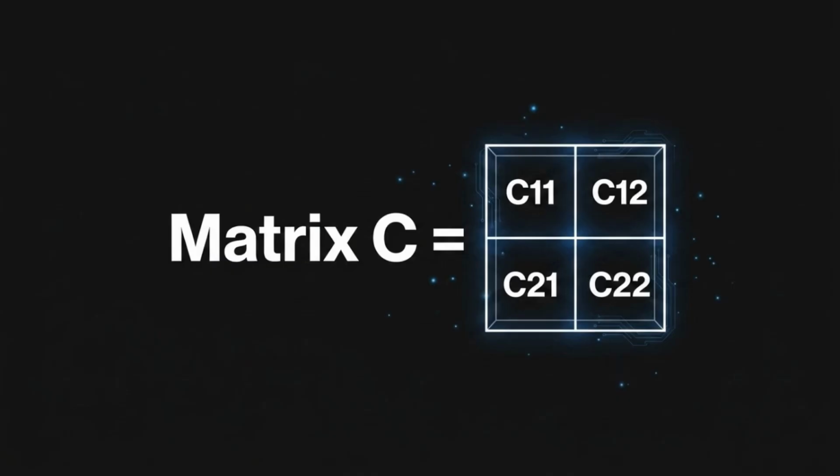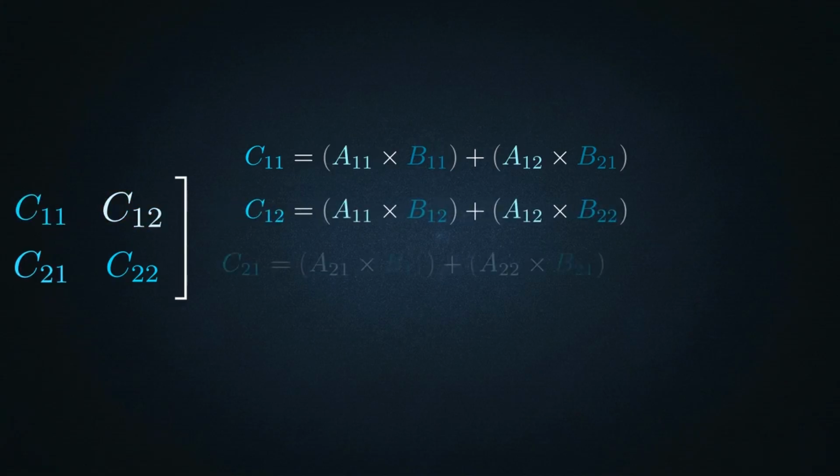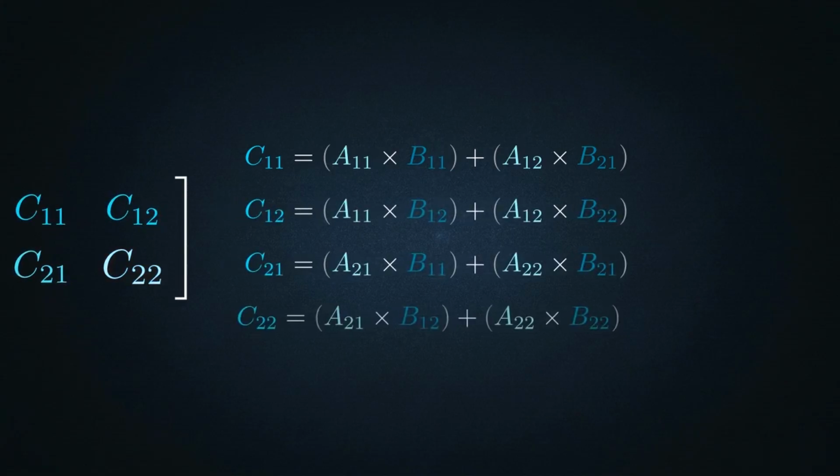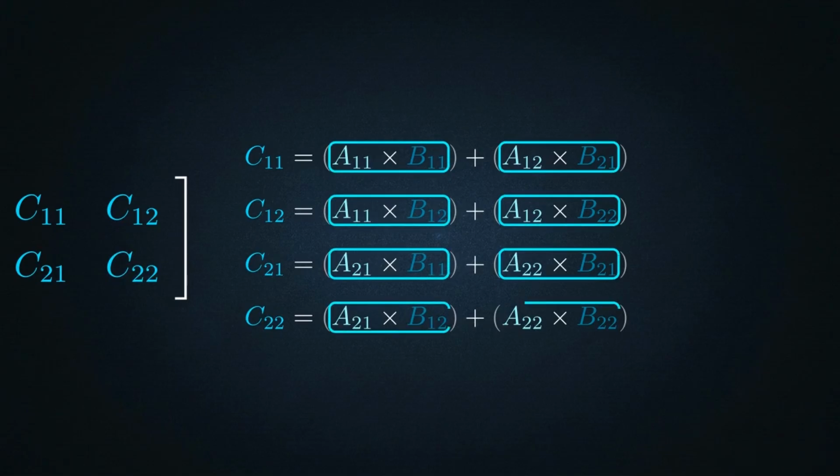We can now define the math of the final result matrix using these blocks. To find the top left quadrant of our result, we multiply the first blocks of A and B, then add that to the product of the next corresponding blocks. This same logic applies to the other 3 quadrants of the result matrix, giving us a complete set of block